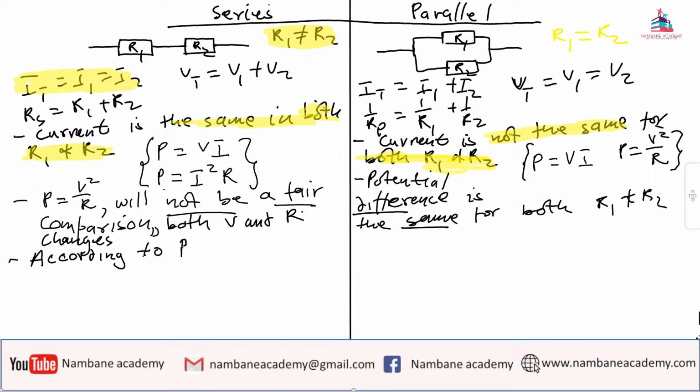According to P is equals to I squared R, the greater the resistance, the greater the power. Does it make sense? It should make sense. Only provided that we have the same current throughout. That is the reason why